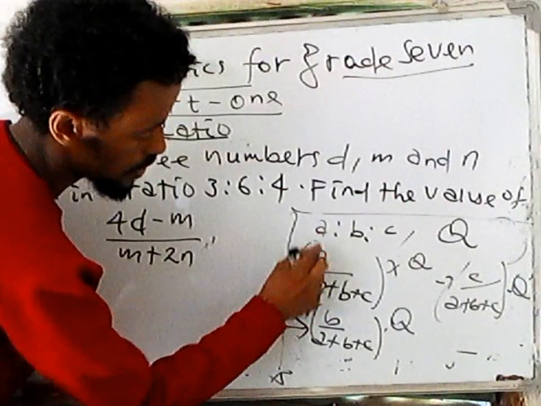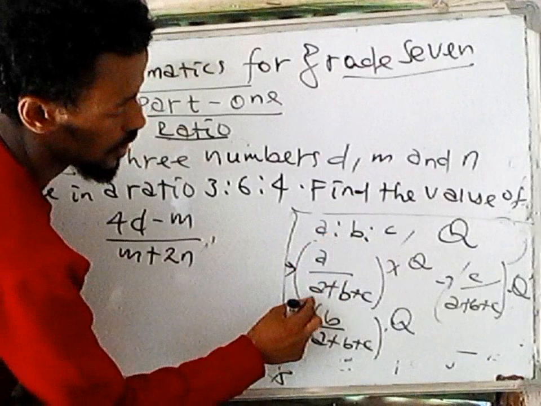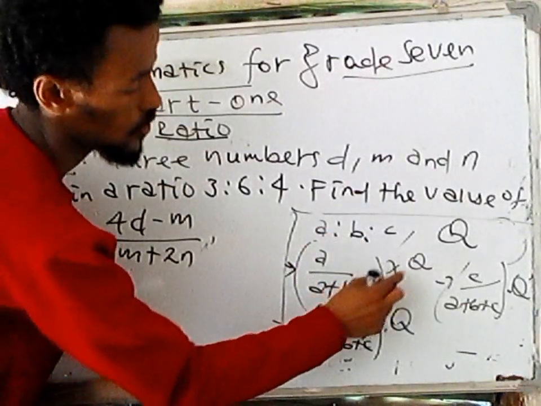That means the first part, that's A over the summation of these three parts, A plus B plus C, times the total